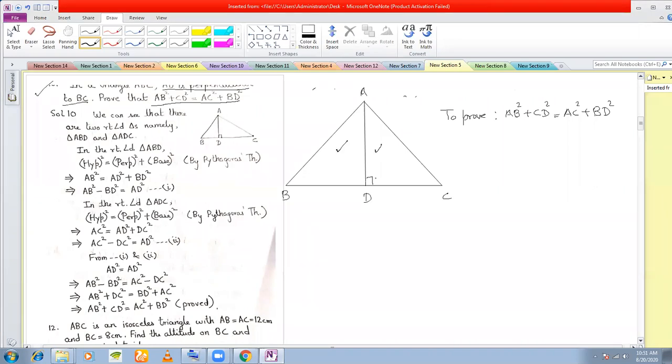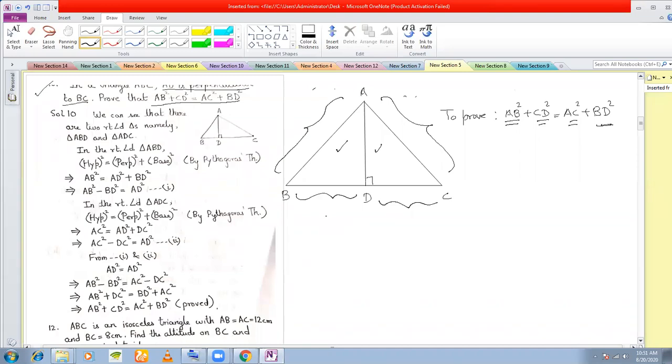Also, in the expression that I need to prove here, I see I have an AB here. That means this side is there in the proof. Fine. I have CD here, so I have this side here. I have EC here. That means I have this side here, and I have BD here.